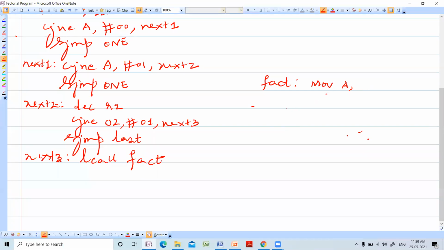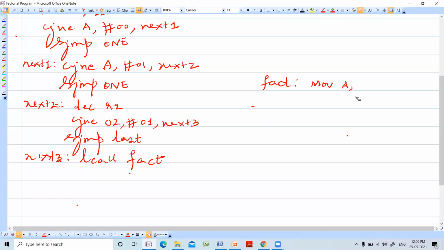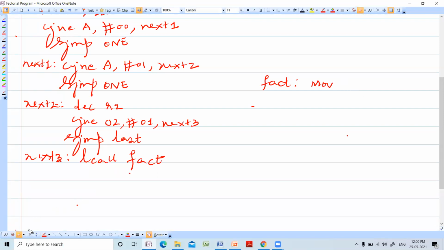So this is move B, comma R2, that is the decremented value, MUL AB.